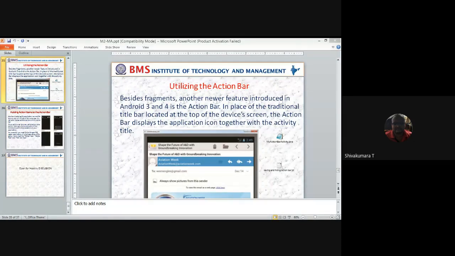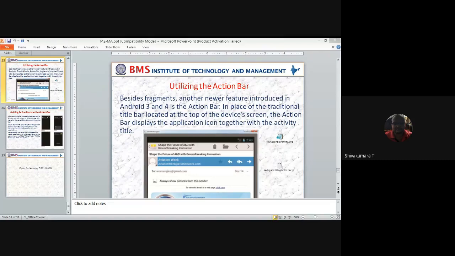Besides fragments, another new feature introduced from Android 3 onwards is the action bar. It comes in place of the traditional title bar. The title bar only tells what your application title is, right? So the traditional title bar only displays the title of the application. In addition to the title, some features that are near the application might be very useful.